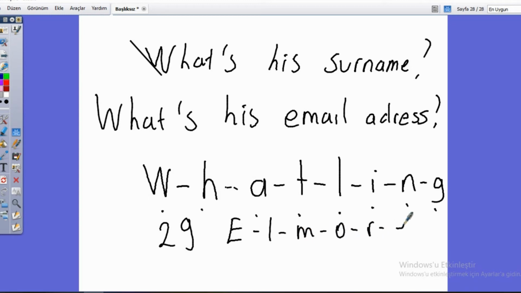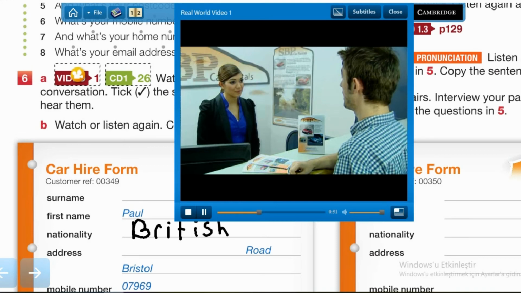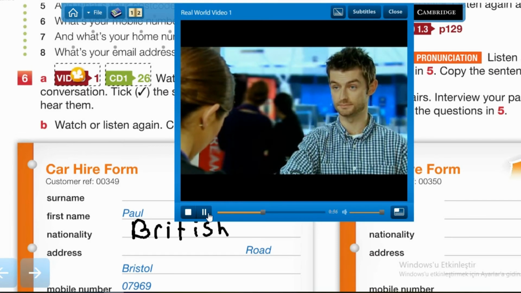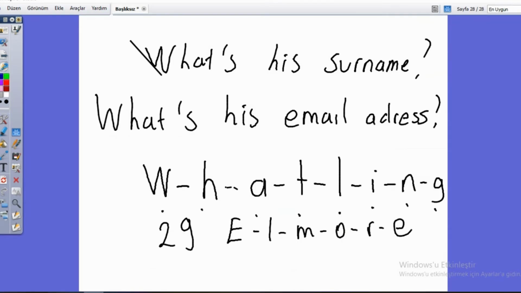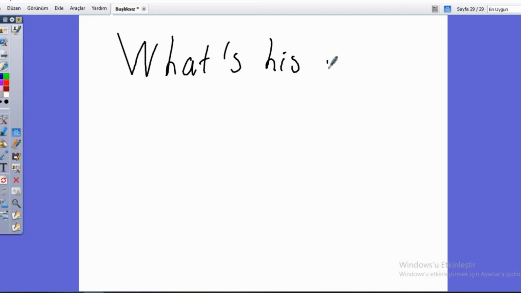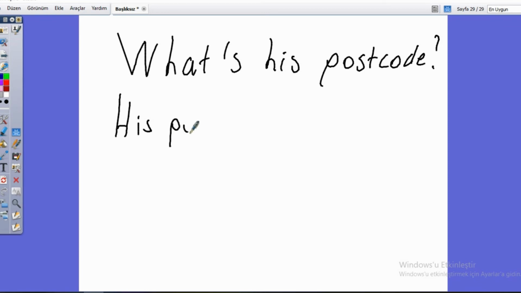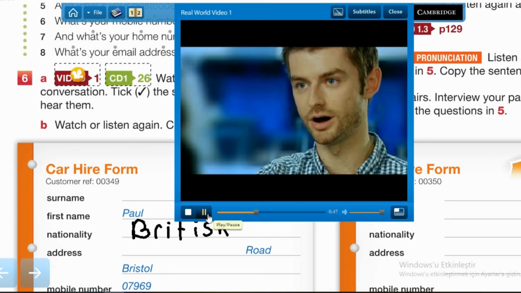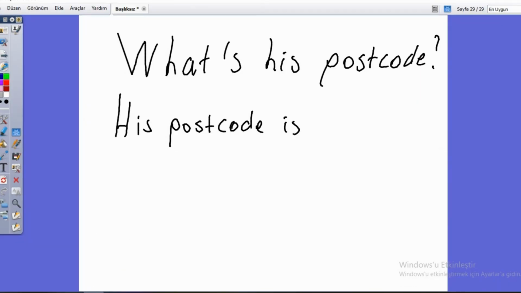E-L-M-O-R-E. And what's your postcode? BS13 6QT. Now, what's his postcode? What's his postcode? What is his postcode? His postcode is, listen,